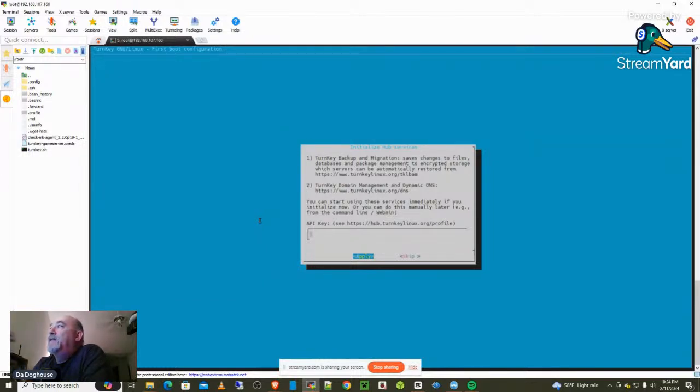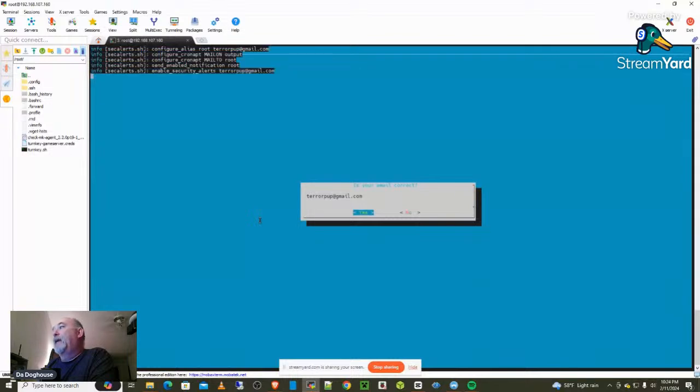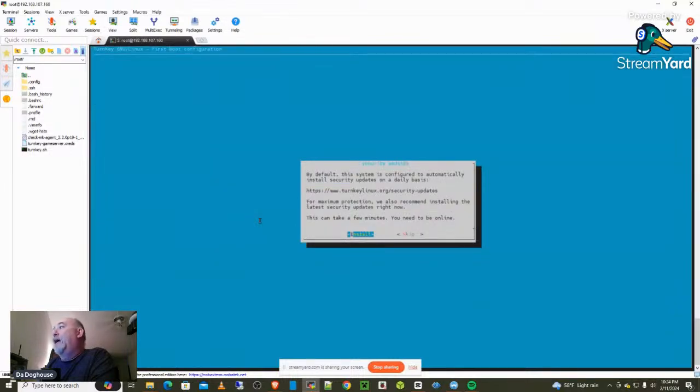Turnkey, they offer these things, but if you buy a key from them, an API key, you can use their dynamic DNS. You can get some more features. If not, you're on your own. And you would put the API key here. Okay. I'm going to go ahead and put my email address in there. Okay. And it's going to go ahead and install